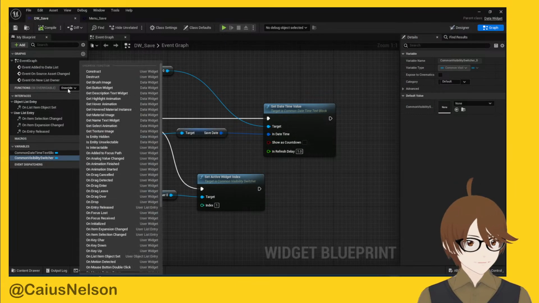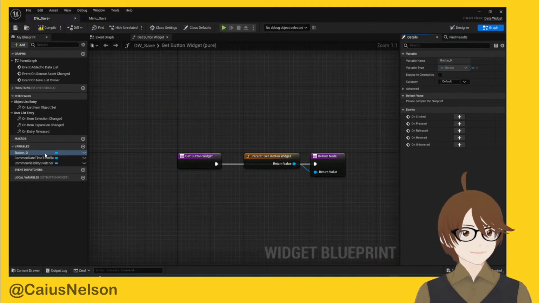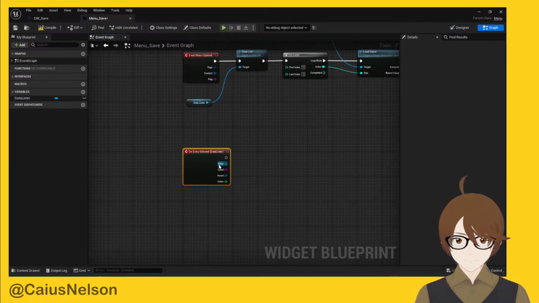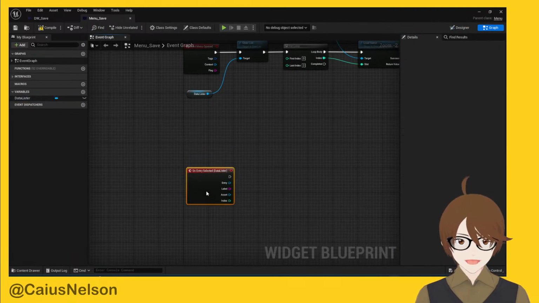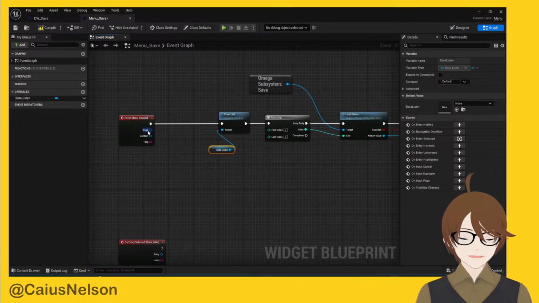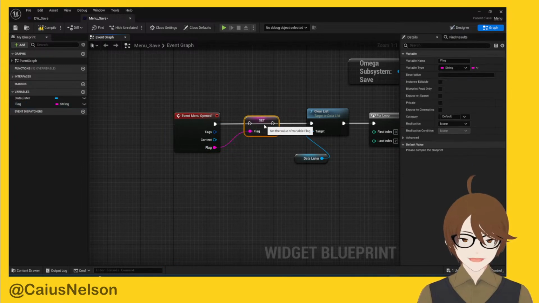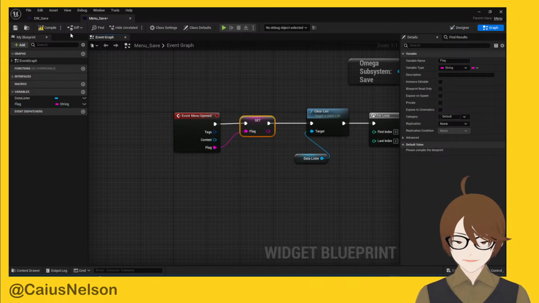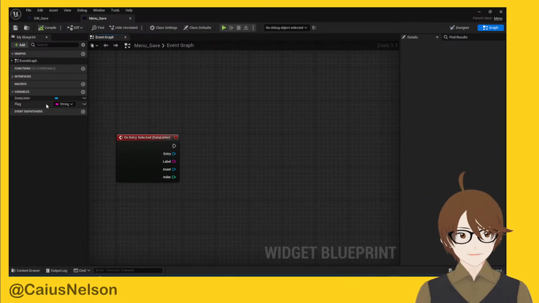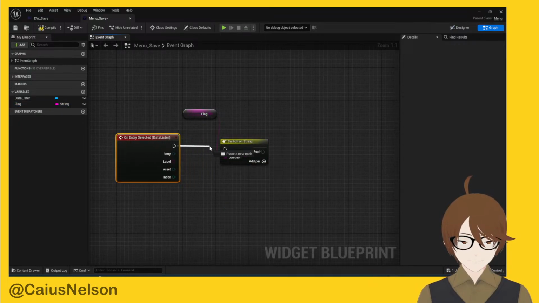Data widget. So I wanted get button widget. Let's connect our button up here. This allows us to select this entry. And when it is selected, we're back onto the menu. We want to first do a check. And this is the reason we have things here like tag or flags inside of menus. So we can save out the flag and decide if this is a save or a load flag. So we can actually reuse this menu for both saving and loading and just change what some of the stuff does. So let's say switch on